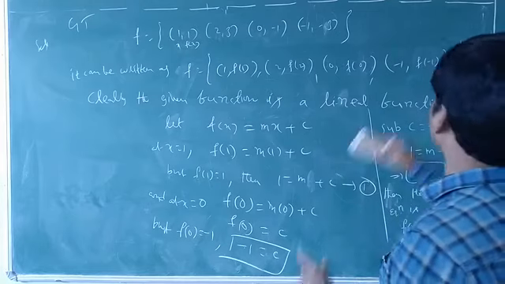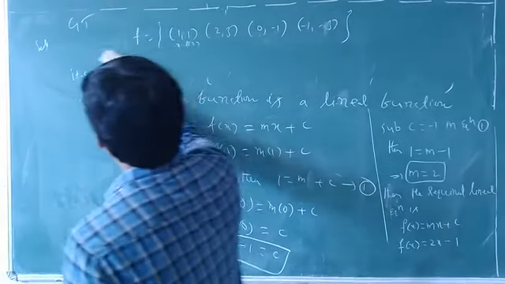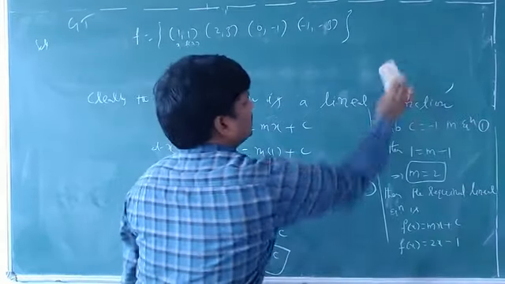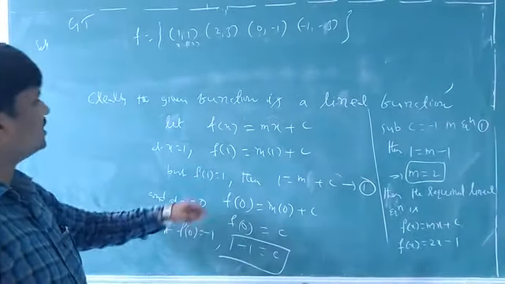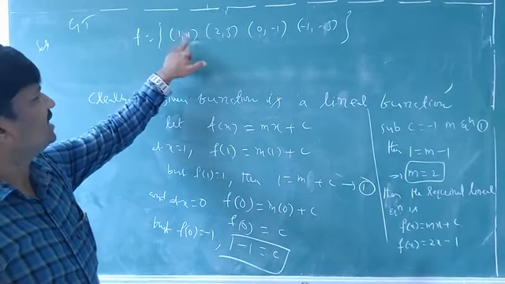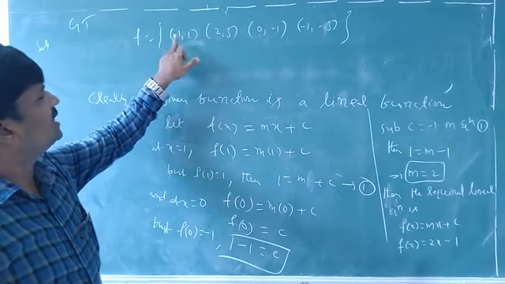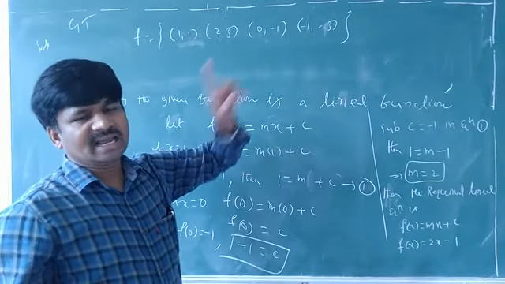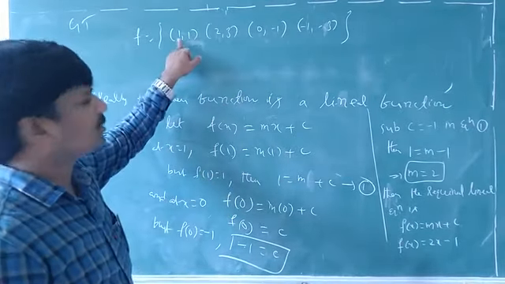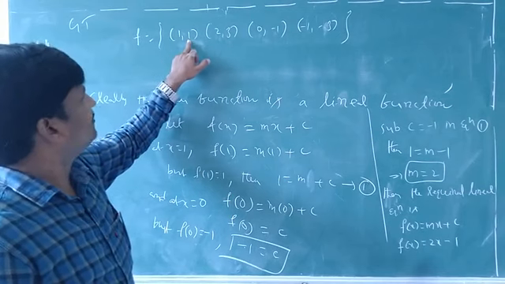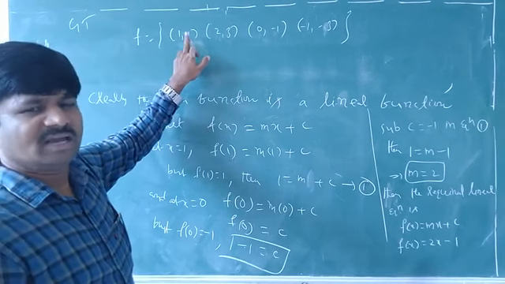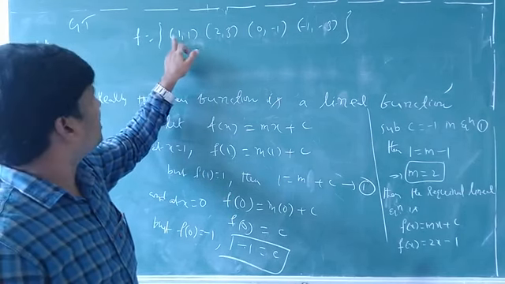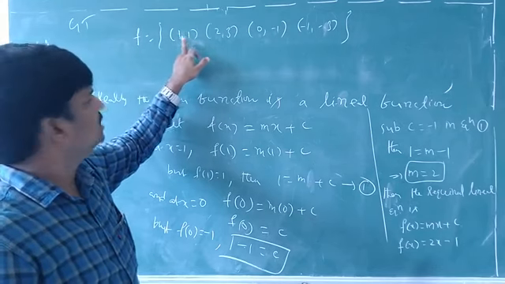Nothing is easy. As well, this is also no need to write. You can write directly. Directly means what is that? It is x, f of x. So first take any two order pairs. No need to substitute all the order pairs. Take any two order pairs. First order pair I am taking here. X value, f of 1 it is. Okay. F of 1 value is 1 only. Remember. So x value 1.